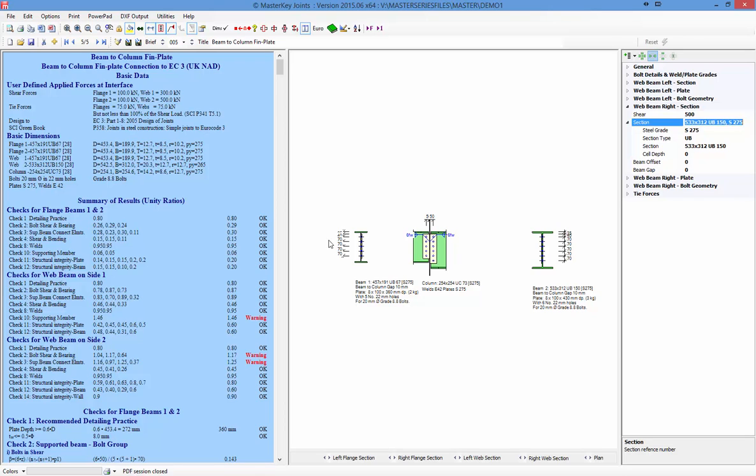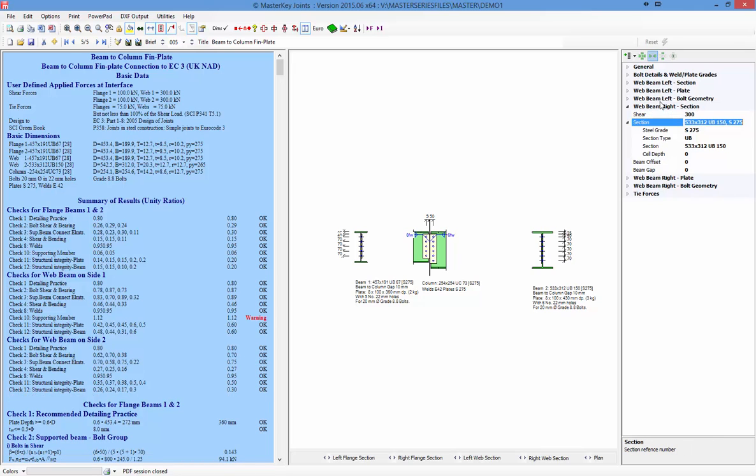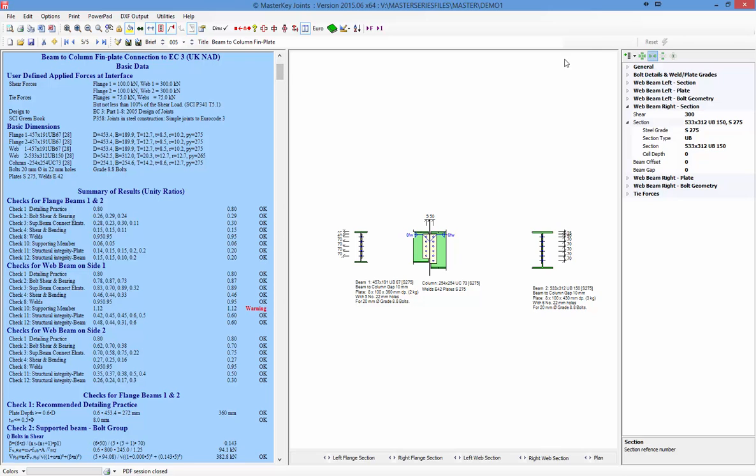And we're actually going to get the failures on the supporting member because the column can't carry the resistance. So even that, we are probably down to about 300. And we've got a little problem in the supporting member. So we'll have a wee look at that. But before we go,